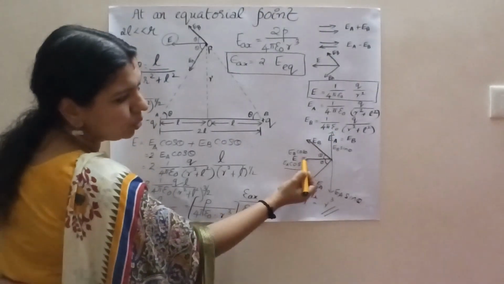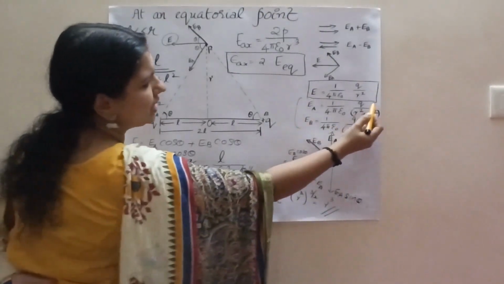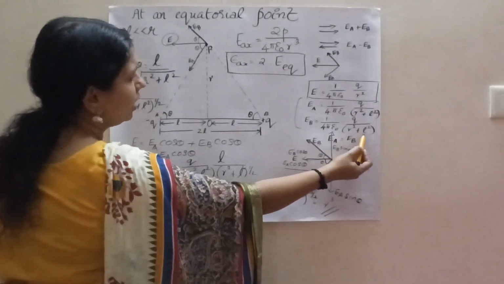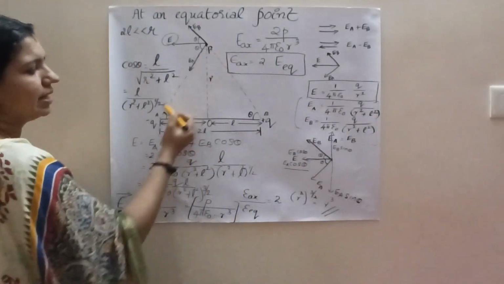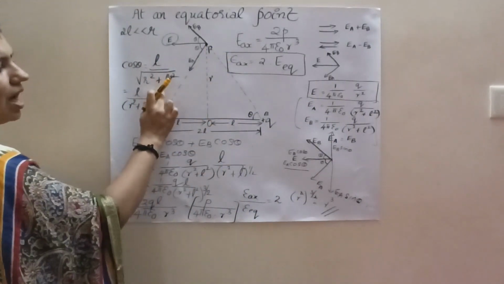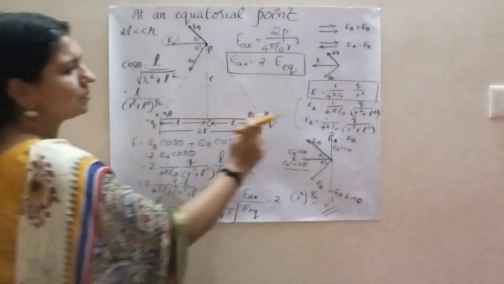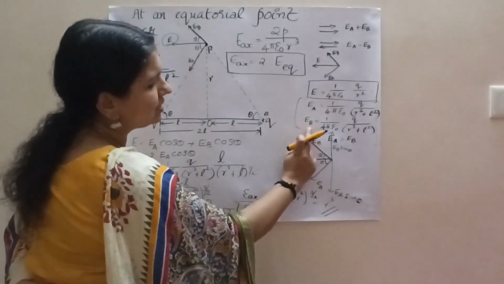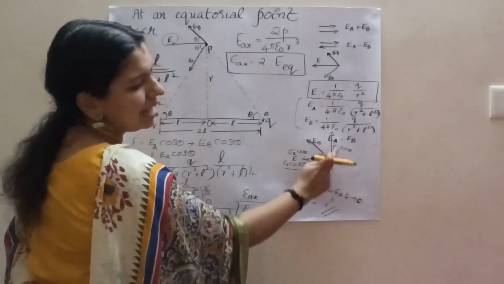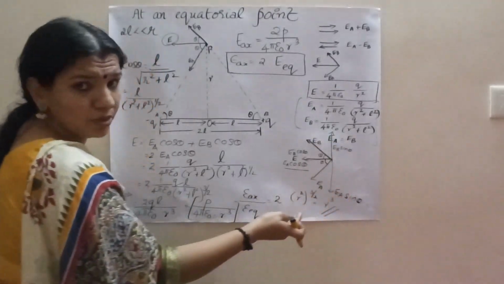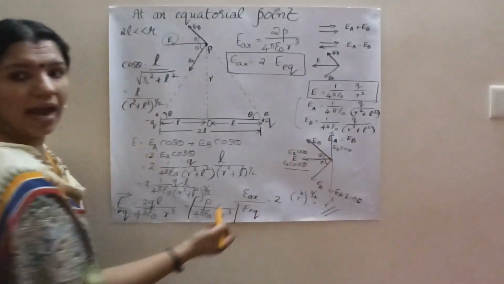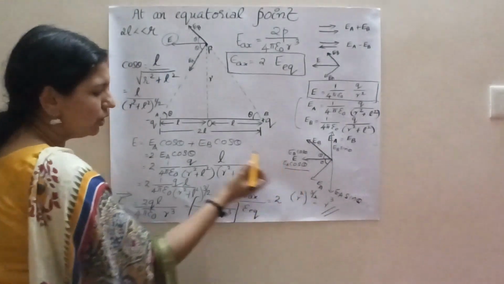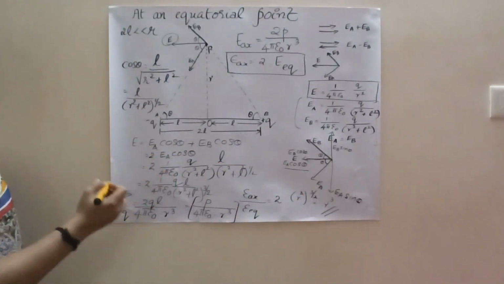Now when you check, you have the equations for EA and EB, which are equal because the distance is the same. The distance you can calculate from here by taking a right angle triangle. So this is R square plus L square. Substituting here, you will get the same equations for EA and EB. Since EA is equal to EB, these two will get cancelled because they are in opposite directions, and these will get added up. So the final value for the electric field is 2 times EA cos theta.